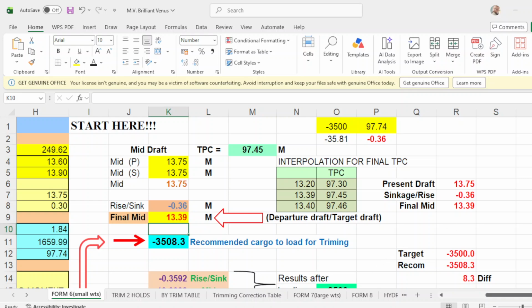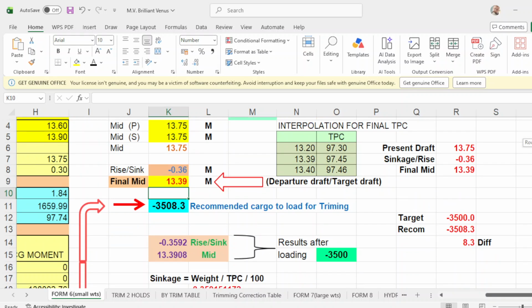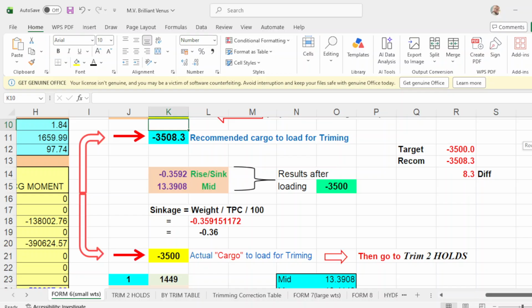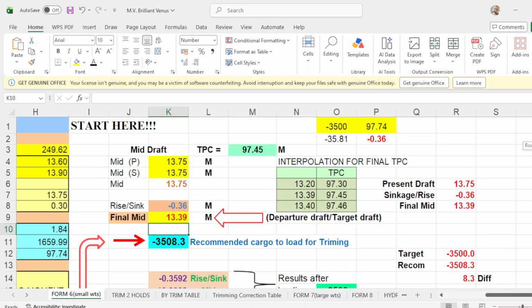Then take note that the recommended cargo for discharge is 3,508. Let's make this one more accurate.